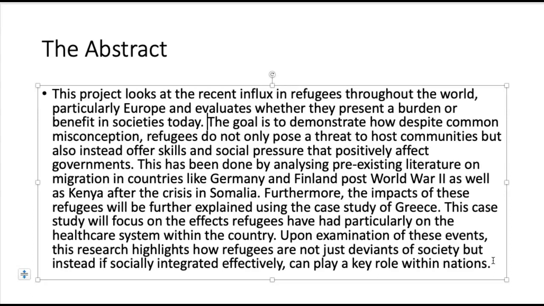So I'm going to return to that vital point that you need to understand what the structure of your essay is going to be. Now, the abstract is often written last, because it's a kind of overview of the whole argument. But once again, I must stress, before writing, you need to know what your destination is. Where do you want to take your reader? What is your conclusion going to be? A well-formed paragraph cannot be written unless you've done that first.